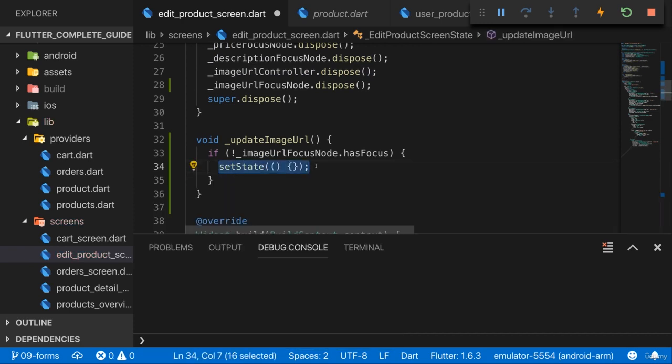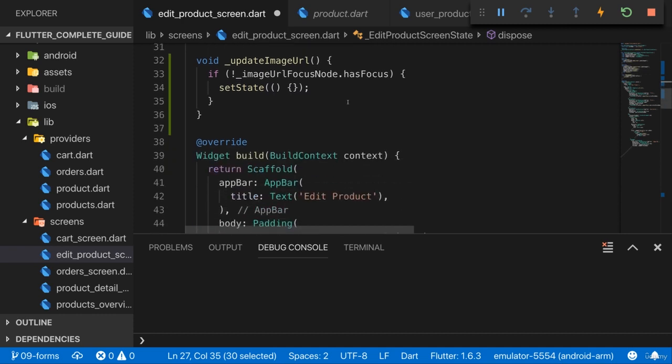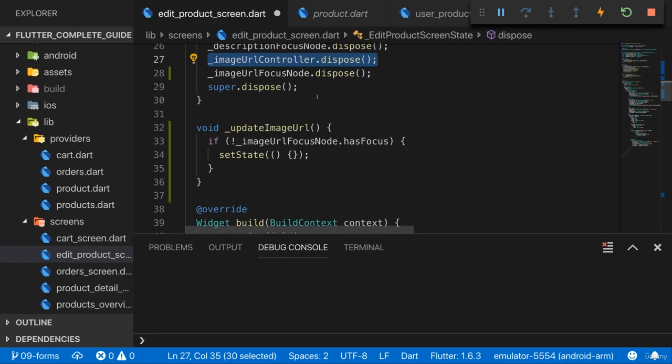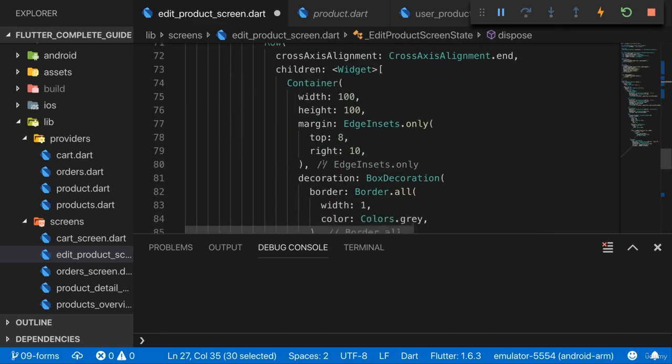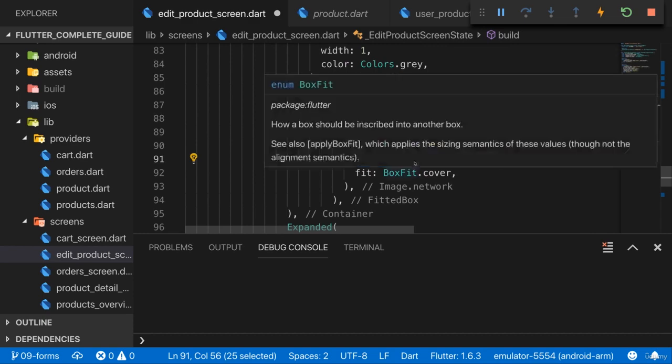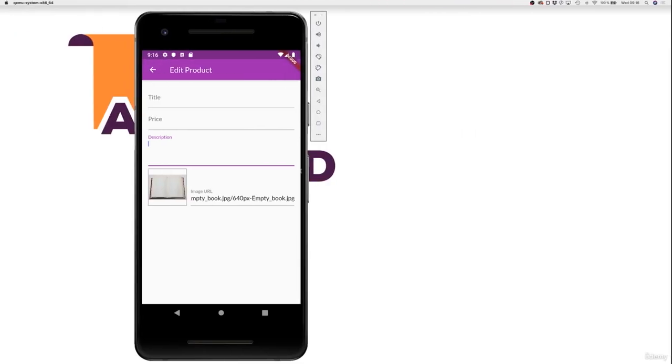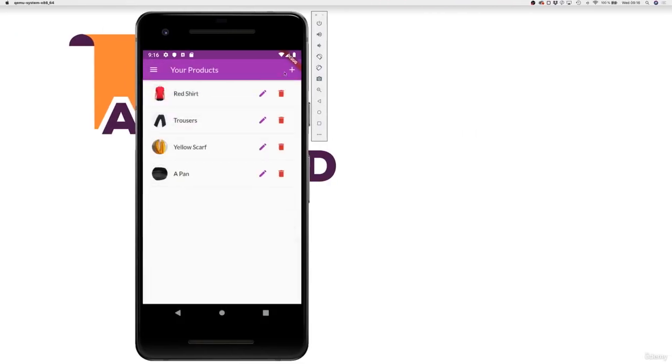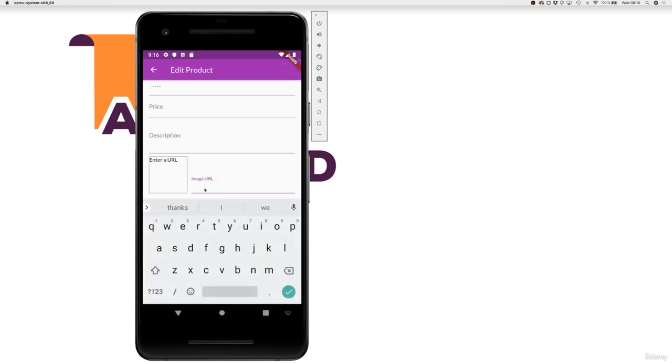It's a bit of a hack because we don't update this state ourselves, but we know that the state has updated, that we have an updated value in image URL controller, and we want to rebuild the screen to reflect that updated value in image URL controller, since that value is the image we want to preview. So with this change, if we go back to this page, now if I tab in there and out of there,